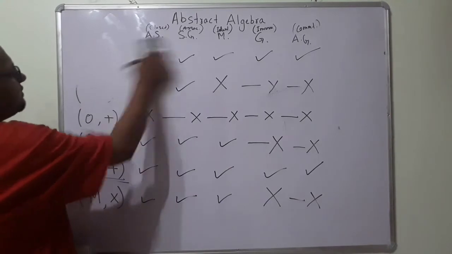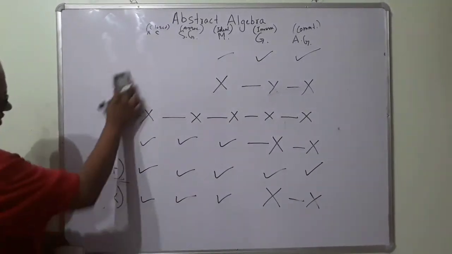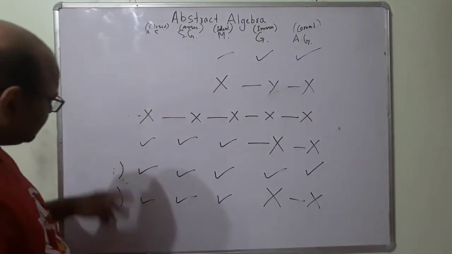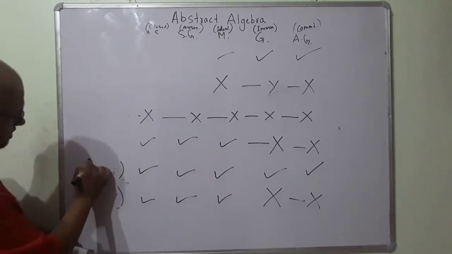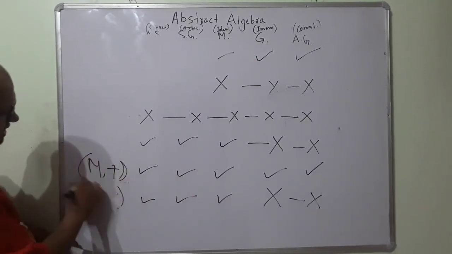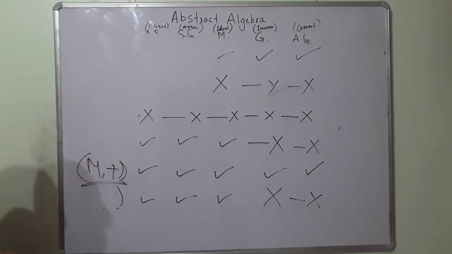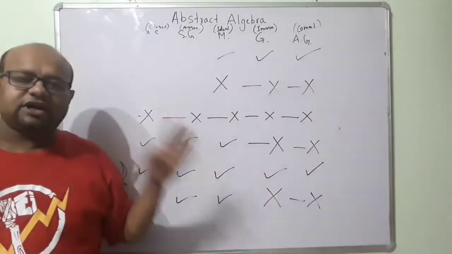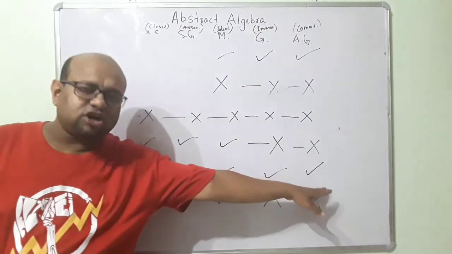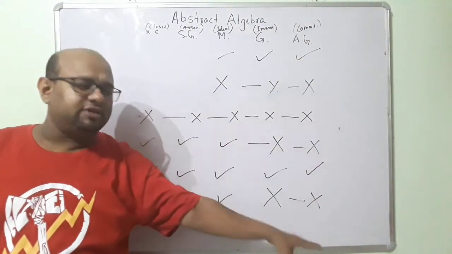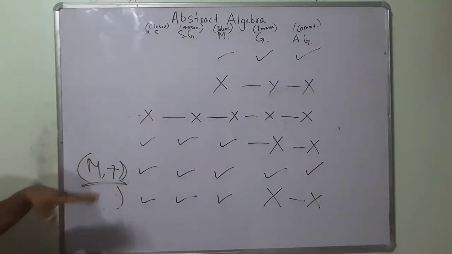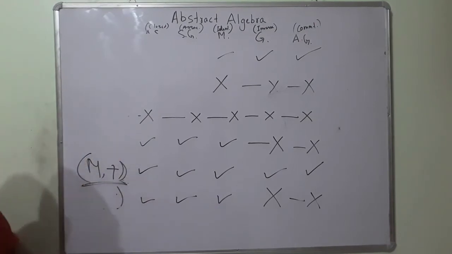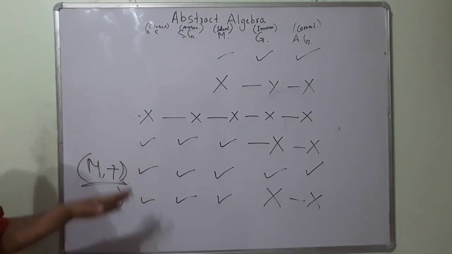Okay. Now I have a homework for you. See, this was matrix under addition, right? If I ask you what type of structure this is, you have to say it's an abelian group. Okay, it's a group, correct? But this is not the highest form. The highest form is that it is an abelian group. So you have to say it's an abelian group. Okay, you cannot say it's an algebraic structure. Yes, it's an algebraic structure.